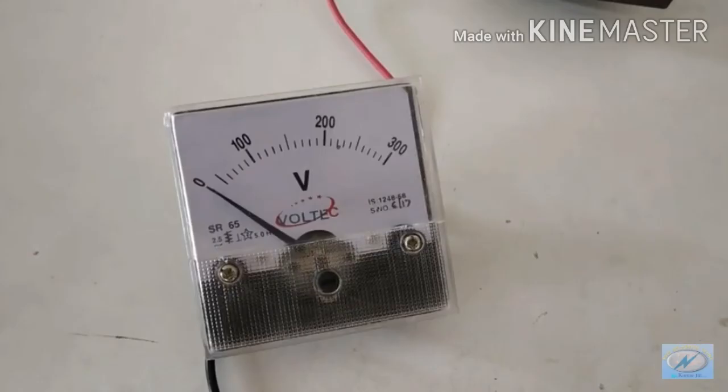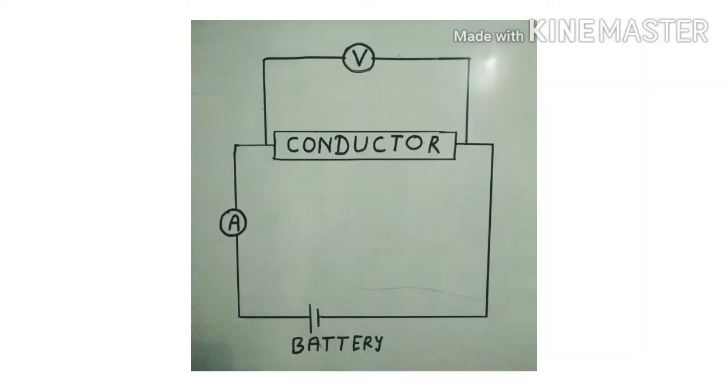The device which you are watching on the screen is a voltmeter. It is a device which can measure the potential difference between two points in an electric circuit. One side of the voltmeter is joined at the high potential and the other side at the low potential of the conductor so that the potential difference can be measured at the ends of the conductor. Now our electric circuit is completed. We want to find the relation between current and potential difference. The ammeter will show the magnitude of current and the voltmeter will show the potential difference at the ends of the conductor.